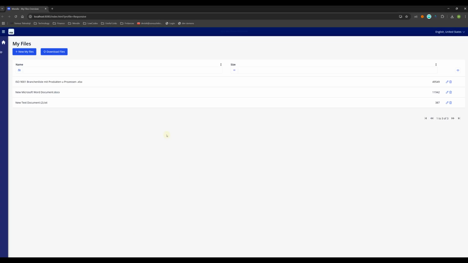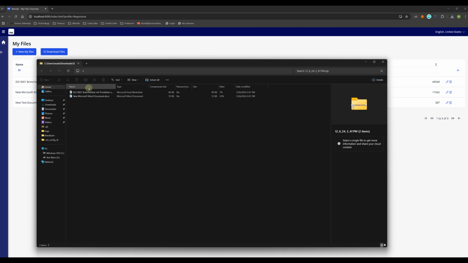I will go here. As you see, here is the size value. These are bytes, not kilobytes. When I click download, as you know, I changed the microflow and added the filter. For that reason, only two files will be downloaded. This one won't be downloaded because it is smaller than 500. Okay, download. Okay, let's open. Yeah, as you see, two files are downloaded in the zip.